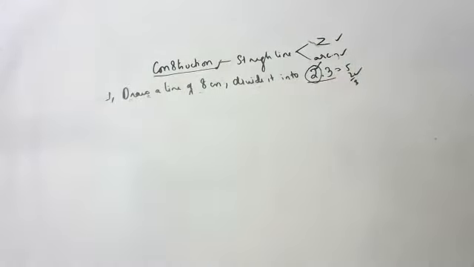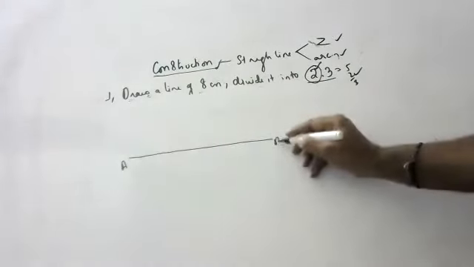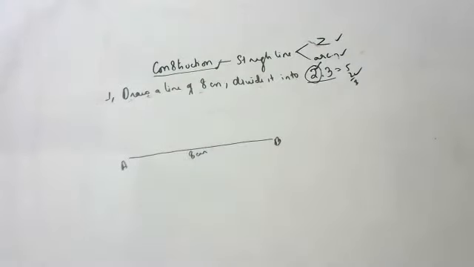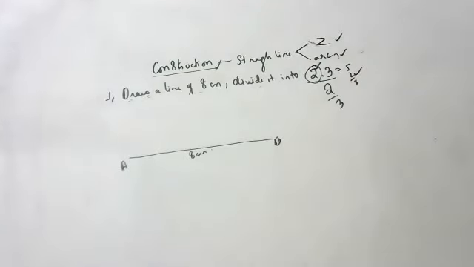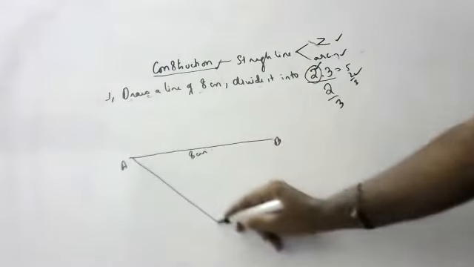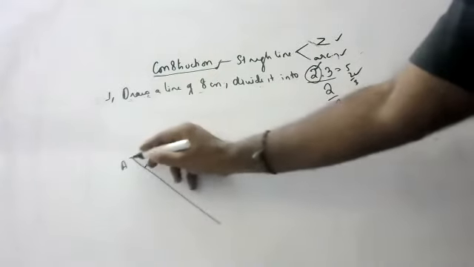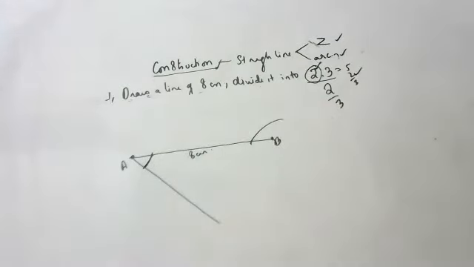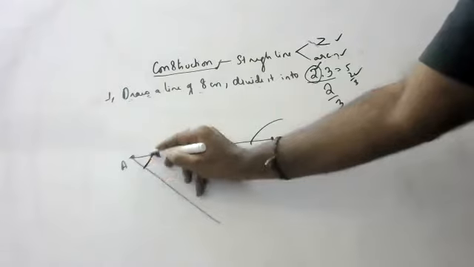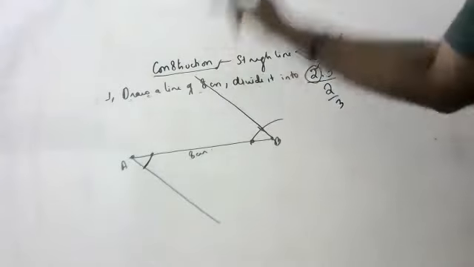Now I will go for the Z method. How to draw the Z method? So, children, in the Z method acute angles are important. Draw AB 8 centimeters. Okay, children. So 2:3 I asked. What will you do? Here first you draw one acute angle. Put the compass here, draw an arc. Put the compass here, draw an arc. Take this distance with the pencil like this. Put the compass here, cut the distance. Here you get one more acute angle with the same angle.